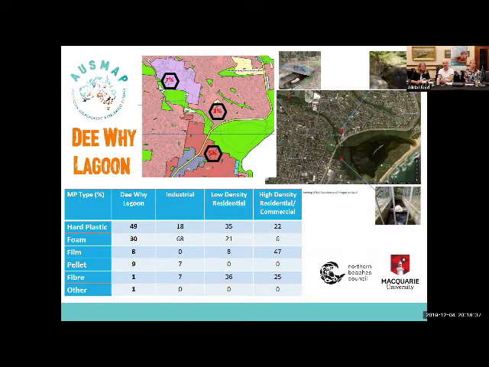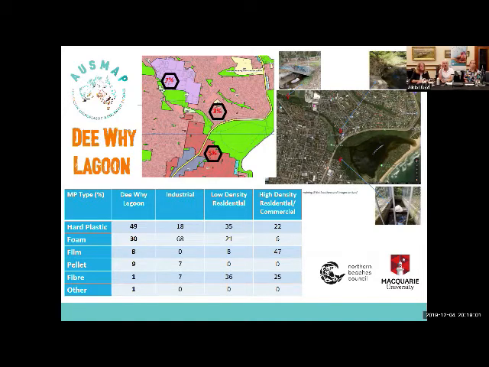You can see that's a hot spot, but it drains some commercial areas. The light pink in the map, or mauve maybe, is a light industrial area. We've been able to do some netting and sampling upstream to locate areas. You can see the numbers in the table.